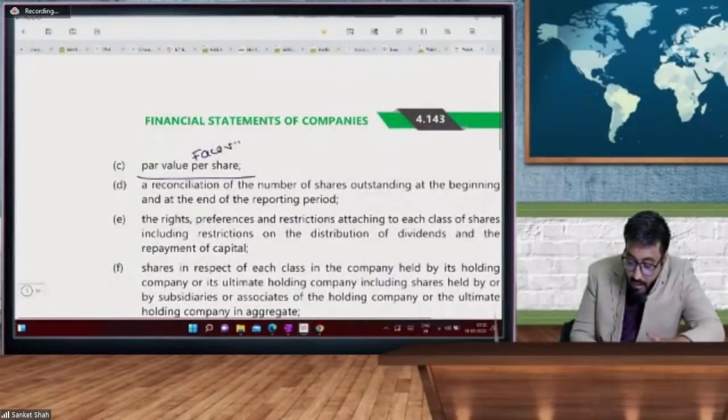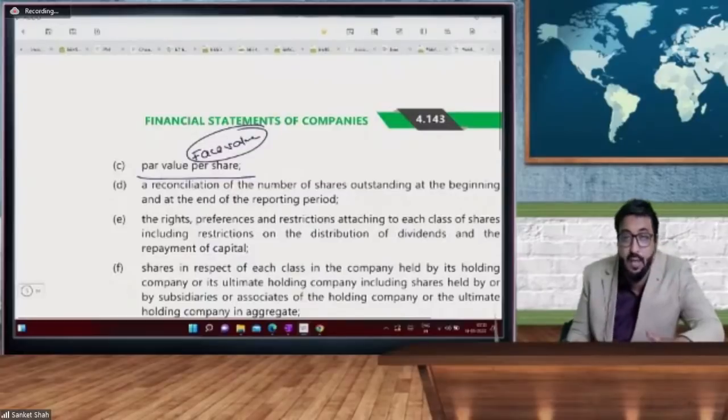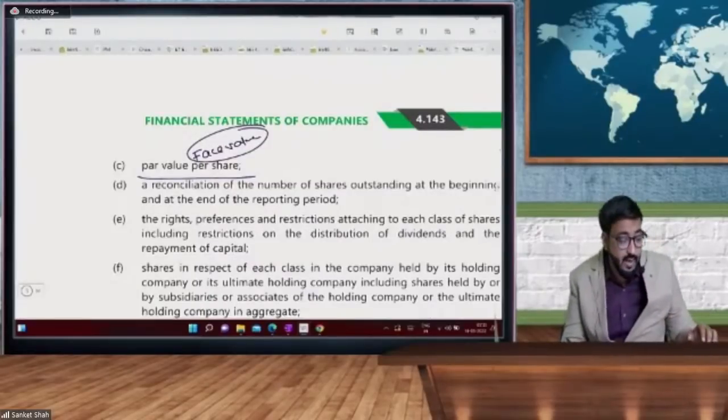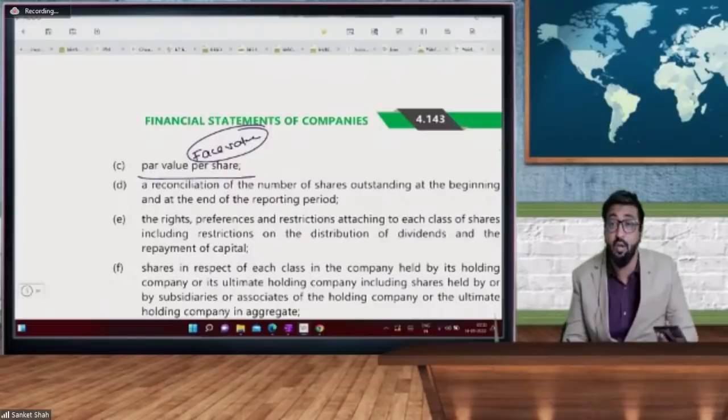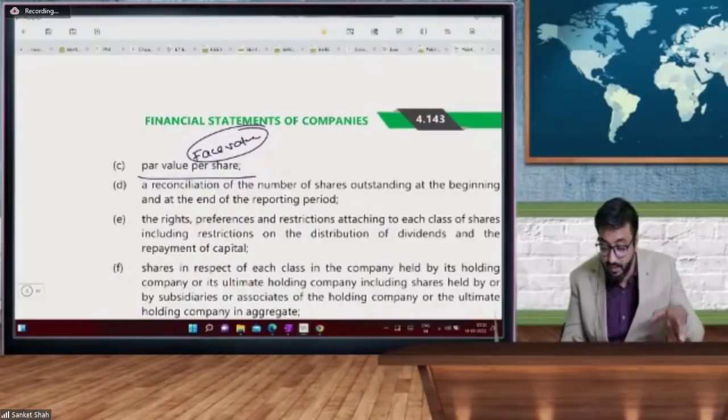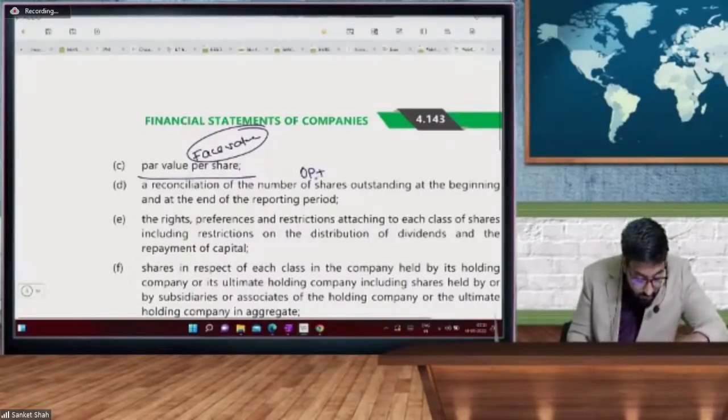So you are aware about the face value: 10 rupees, 1 rupee, 100 rupees is called a face value. Then you have reconciliation. Now reconciliation means what? This is the beginning, and at the end, how you are getting this, that is beginning values, end values. So all these shares you have to present. So this is outstanding opening